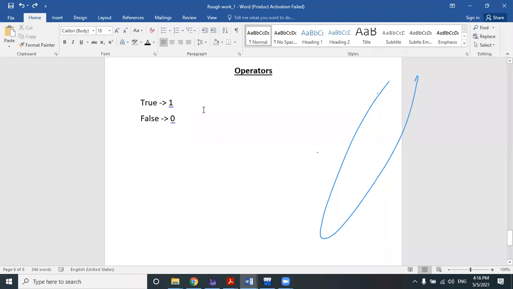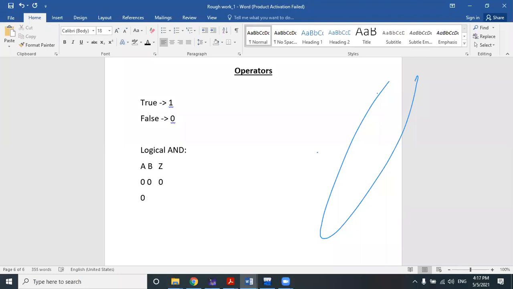I think you remember that flow chart, that logical AND operation. If you remember the logical AND operation, it says that if A and B, then Z. So A is 0, B is 0, Z is 0.